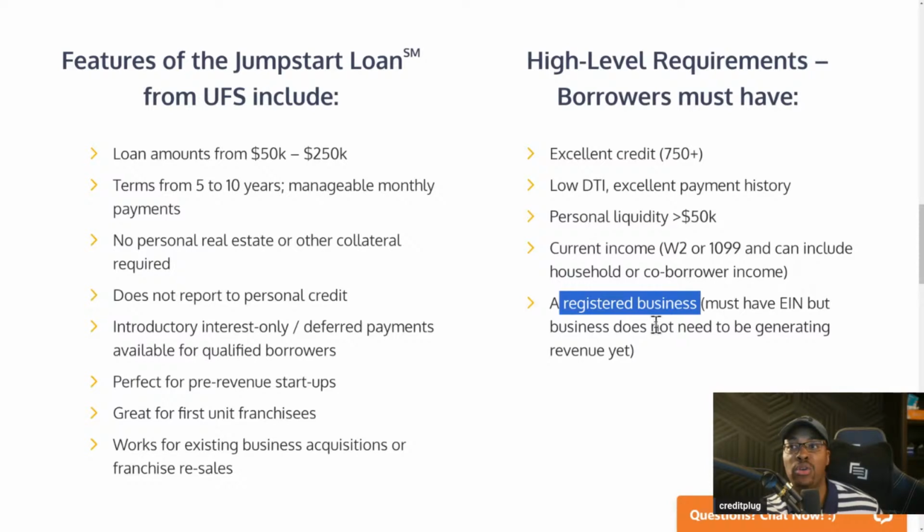So let's say you just opened up a franchise or you signed a franchise agreement, and it's not generating revenue yet. You can still apply, right? The cool thing about this program is that the qualifications are not predicated on business tax returns or profit and loss unless it's an existing business acquisition. So if it's a new franchise, you're not going to need business tax returns. You're not going to need profit and loss statements, but you will need to provide personal tax statements and also